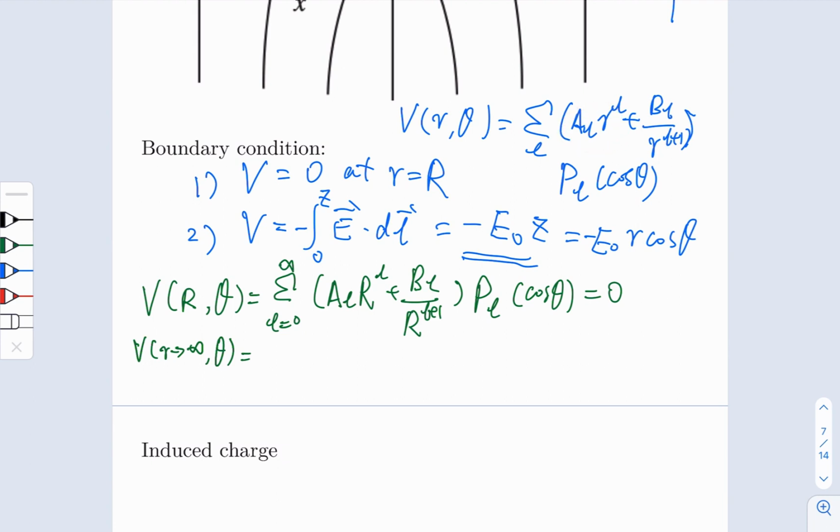You can see that we somehow have to keep A1. And for B_l, it can be there, but for A_l it must be